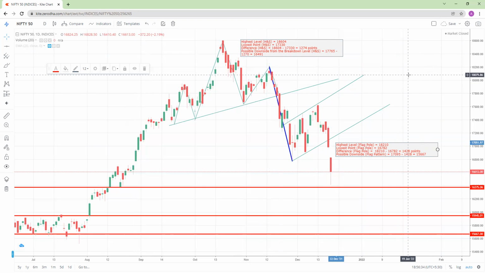Before proceeding, we would like to inform you that we had intimated our members around 10 to 11 days back that Nifty 50 could touch the level of 16,500. Yes, we made a mistake in analyzing a particular candle and we informed them that as of now 16,500 doesn't seem to be possible. The market may reverse, but suddenly the Omicron virus became so prevalent in the news